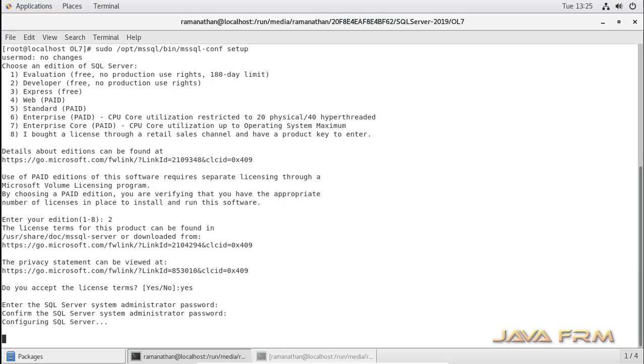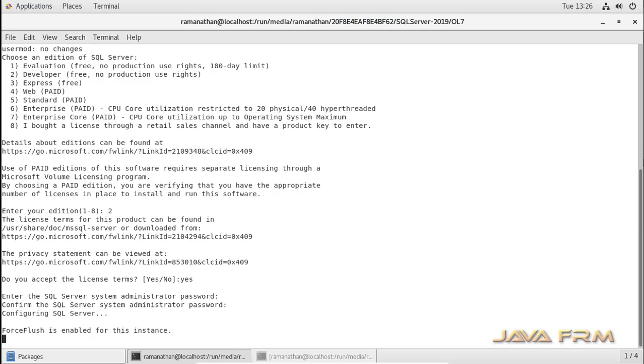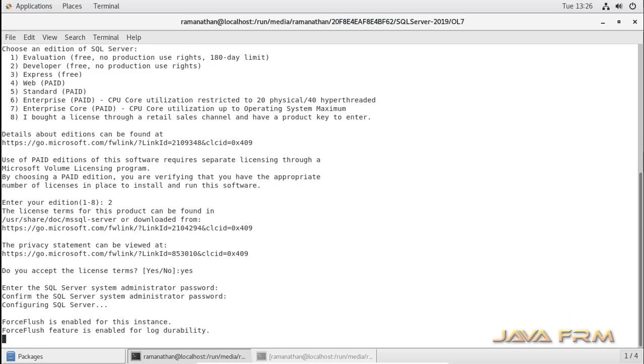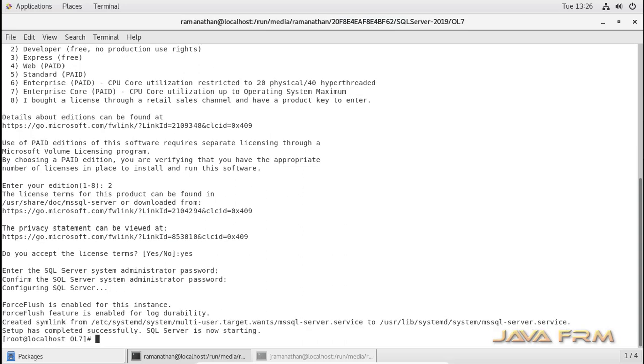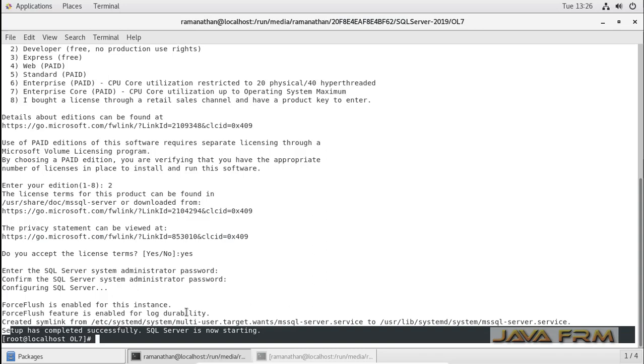So now we can see that SQL Server 2019 is getting configured. Yes, so SQL Server 2019 installation is done and you can see that the instance is starting.